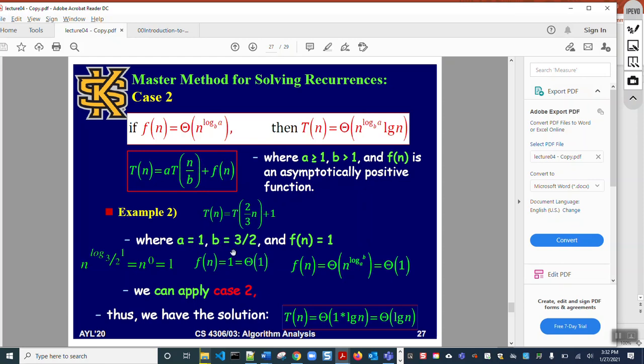Some people did research and found the solution. We are not finding a specific new solution, but we are just verifying that someone found a equal to 1 and b equal to 3/2 and f(n) equal to 1, and then they got